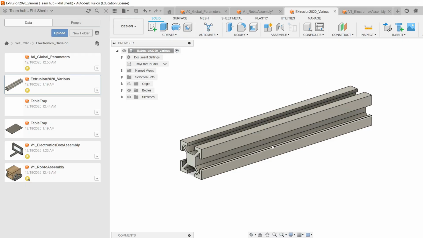If you make a change at as low of a level as this extrusion, you need to hit save. Let me restart saying it another way. The hierarchy starts with global parameters and it trickles down to more and more complex assemblies. Simple, more complex, and more complex. This part down here is referencing this, which is referencing this, which is referencing this. And so when you make a change down here, it trickles down and you have to update all of these in a certain way. So what you're going to do is you save,